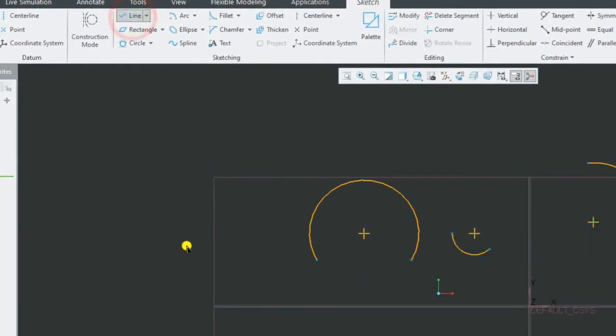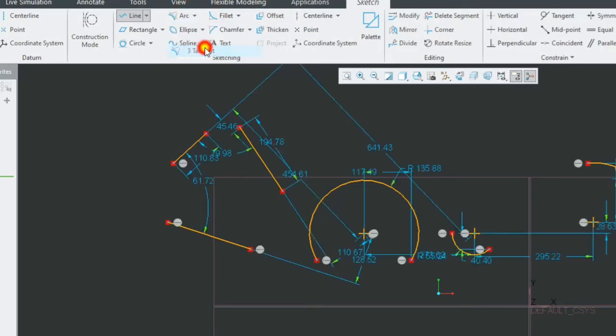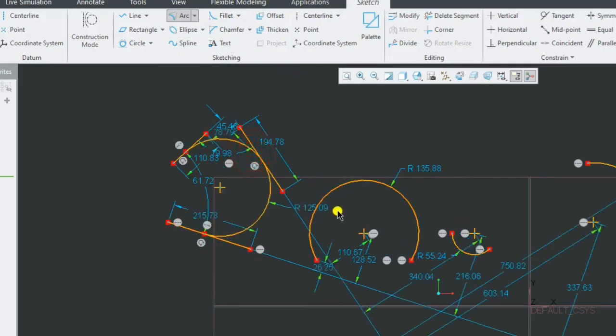Then we draw 3 lines: first line, second line here, and third line here. Anywhere, whatever you want. Then we go for this and check for 3 tangent: first one, second one, and third one. Okay, so this is how it comes.